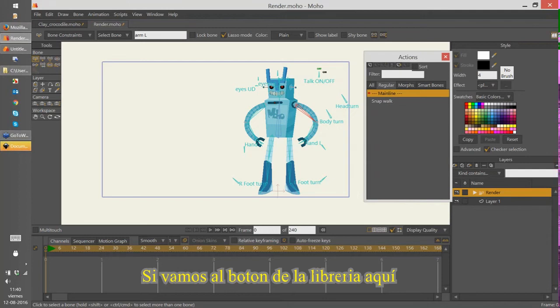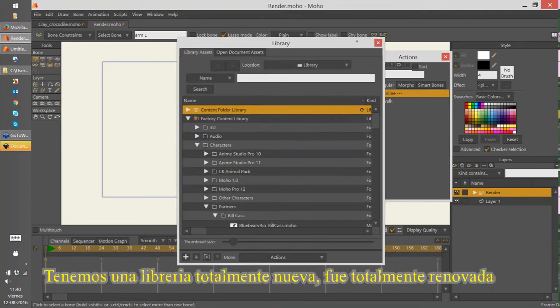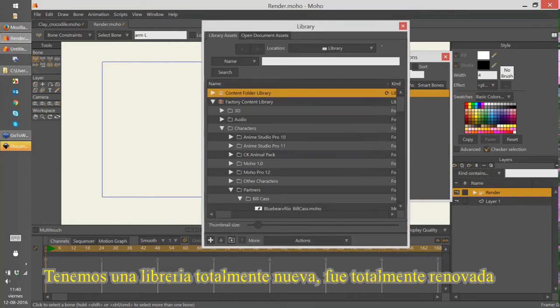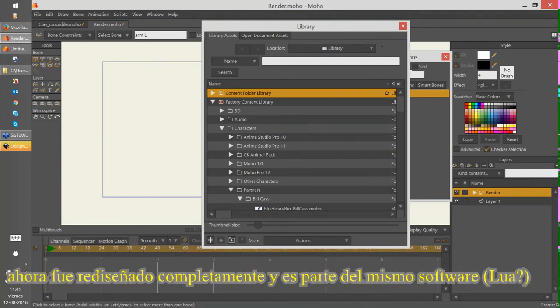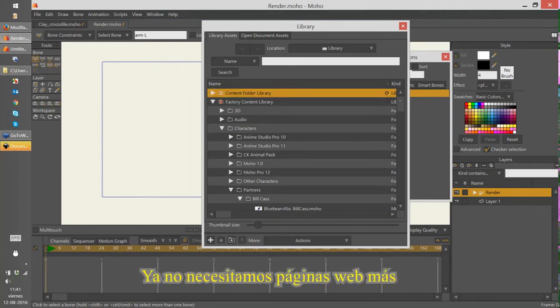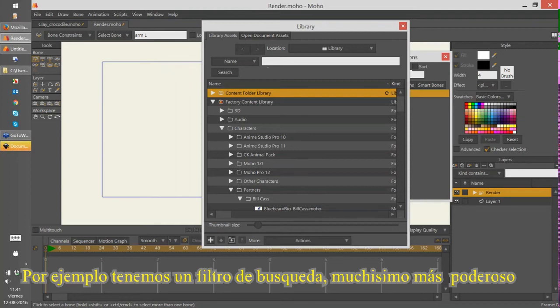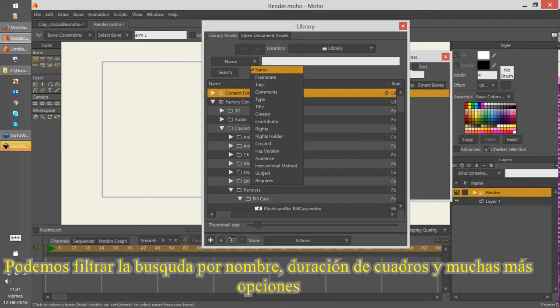If we go to the library button here, we have a totally new library, and it is totally remade. In the past, the library was made using a web base, like a web page base, but now it is totally remade, and it is made inside of the software, so we don't need to have web pages anymore, and that makes the library much more powerful. We have several options for the library. For instance, we have a search, a very powerful search filter, and we can filter by name, frame rate, tag, and many other